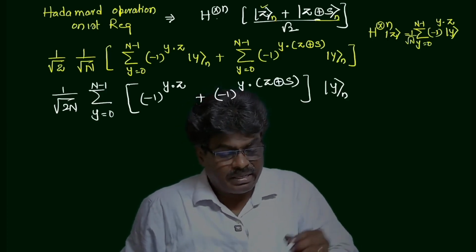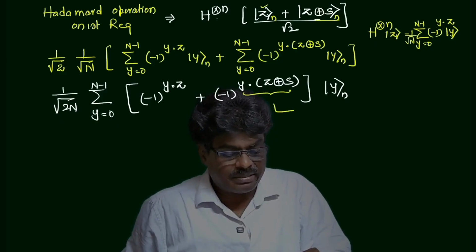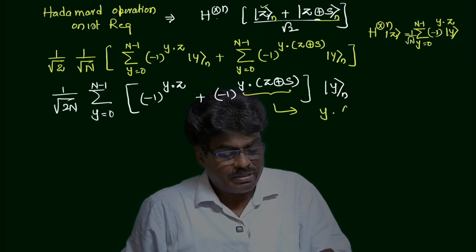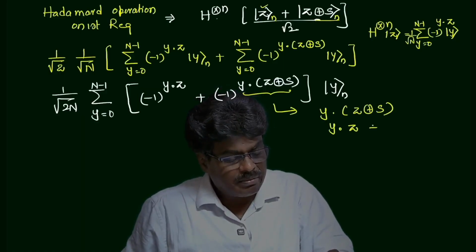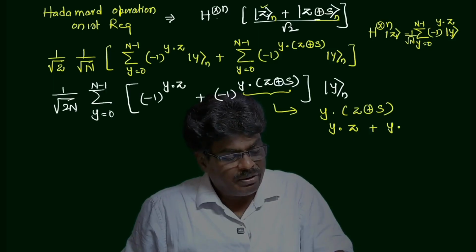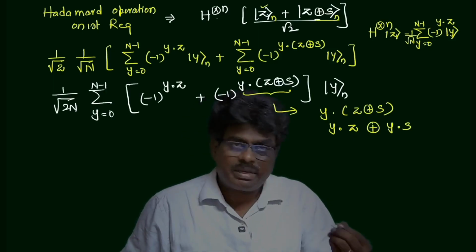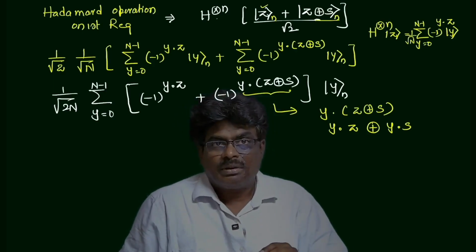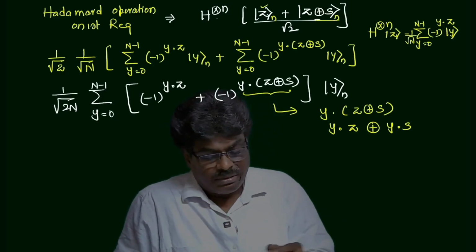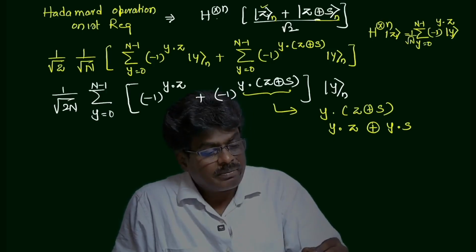Now please concentrate on this. What is this? This is y·(z⊕s). This can be written as y·z plus y·s. Of course, the XOR operation will be there, but here we are separating it. Okay, so then this can be written as